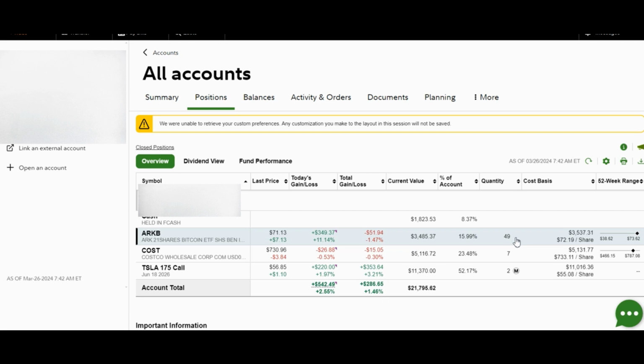Fidelity is stealing from the customer by setting up their margin account in this particular way. Their whole user interface is set up so that they're stealing from their customer,